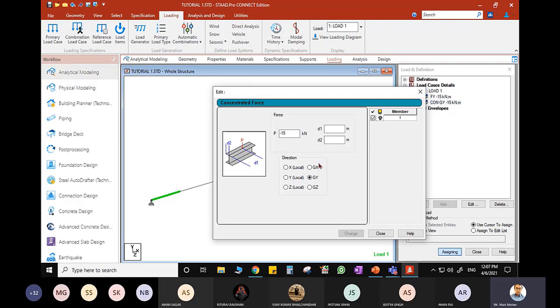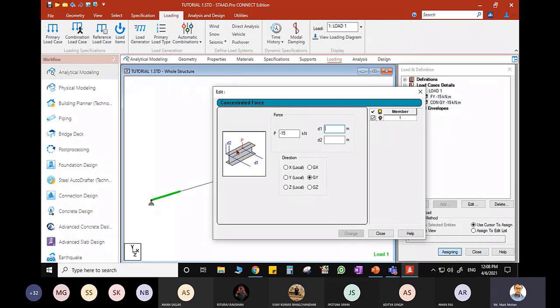And suppose it is not at the center, then you can specify this D1. D1 is the distance from the start point, and D2 is the definition of how much deviation this load is from the center line. So whatever modeling we are doing in STAAD, it is a center line modeling.